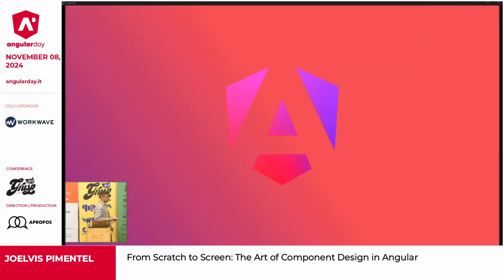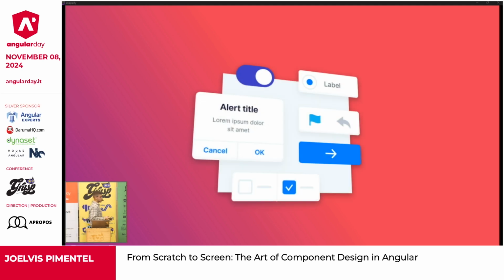I specialized in Angular development, and as of today, I should say that it has been a good companion. In particular, I've been working on building component libraries, and I found out what a challenge it really is.